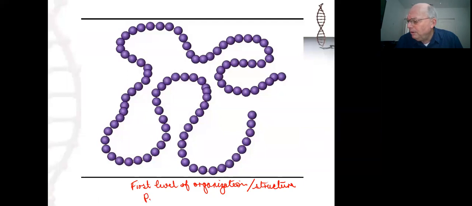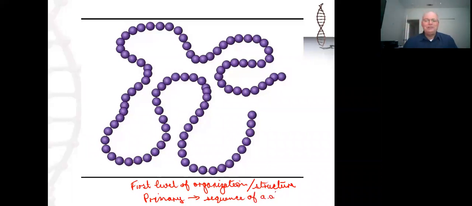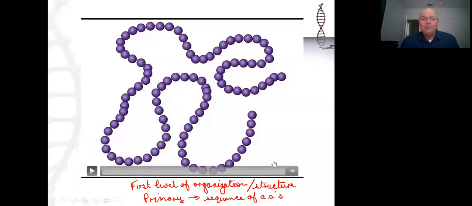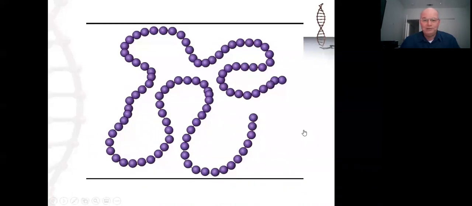This is called the primary. And it's the sequence of amino acids. So it's fairly straightforward. This is the simplest and easiest one to understand. It's just a sequence of amino acids, and this animation walks you through that. But the remaining levels of organization are derived from the sequence of amino acids. So the primary structure gives rise to the secondary, tertiary, and quaternary structure, depending on how you want to pronounce it. So this covers the second